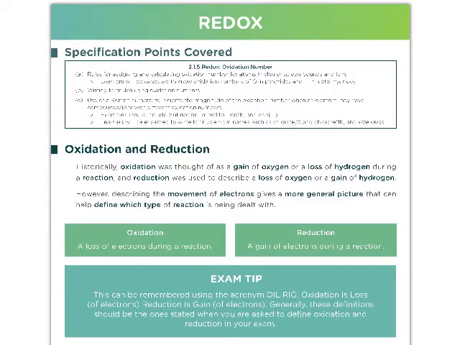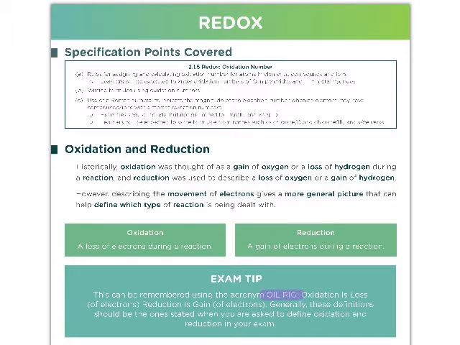Before we can look at oxidation numbers, we need to very quickly recap what redox is in terms of oxidation and reduction. So if you remember from key stage 4, historically oxidation was thought of as a gain of oxygen and reduction as a loss of oxygen. But then we moved on to the idea of OIL RIG,